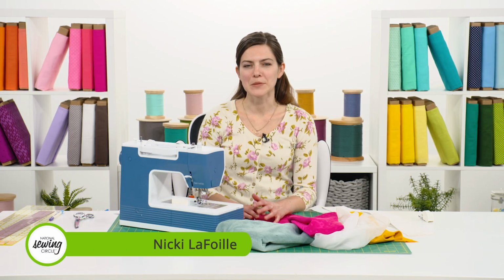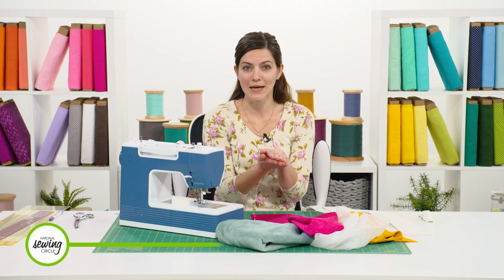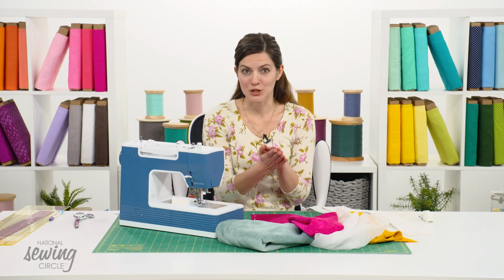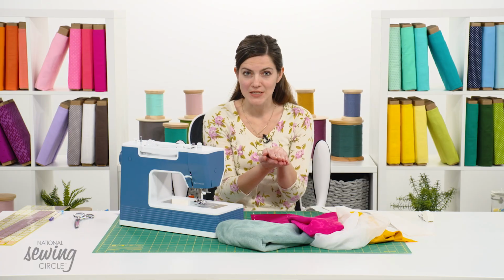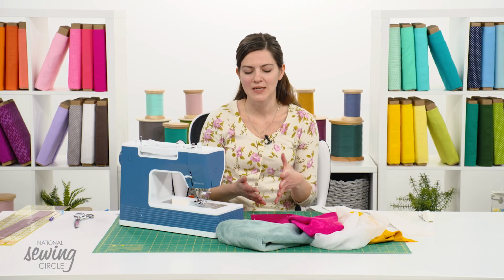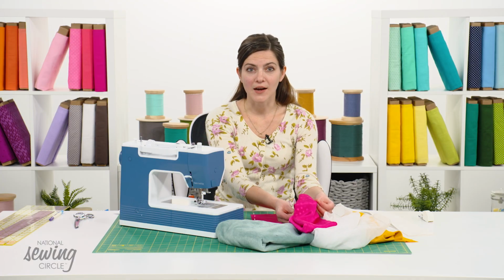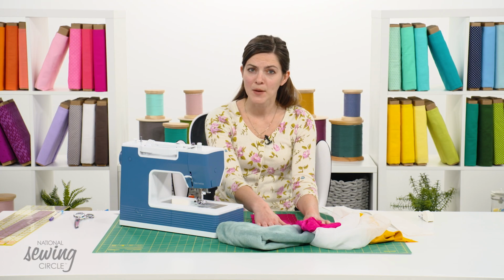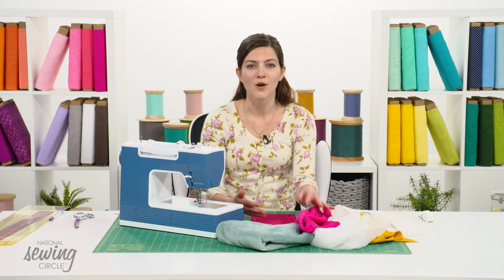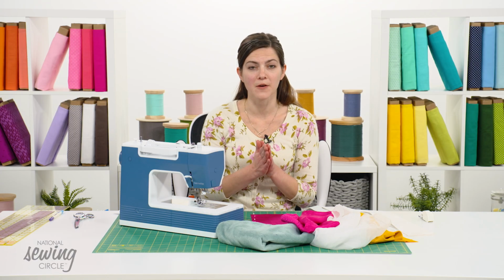When you're sewing slippery fabrics, sometimes when you get those fabrics faced together, they slip against each other. So when you're trying to sew your seam, the edges will creep and you'll get an uneven seam. So whether you're sewing a fabric that's just slippery on its face side, or if it's napped like a minky or a faux fur or a velvet, some of these tips might help you keep those layers together and prevent